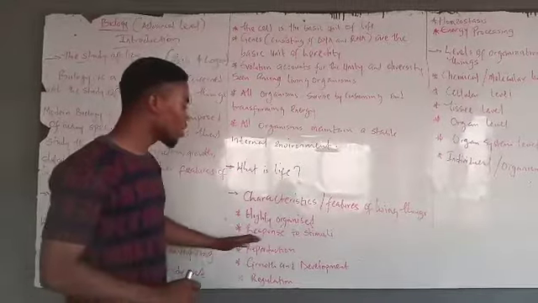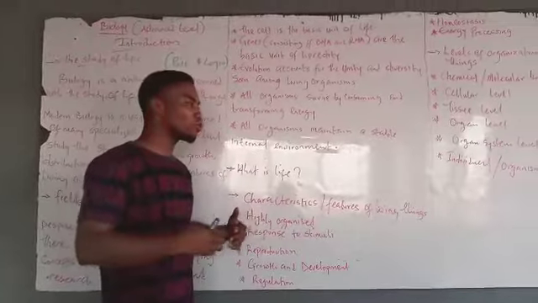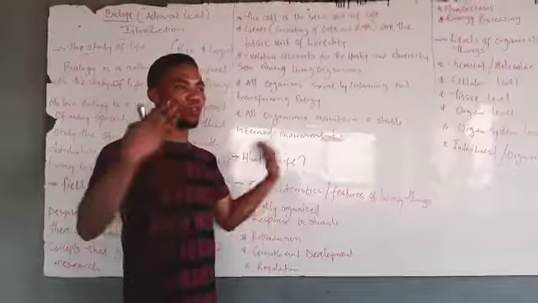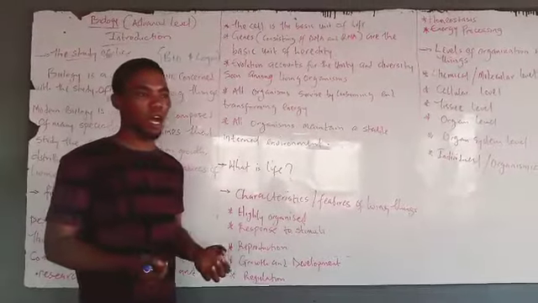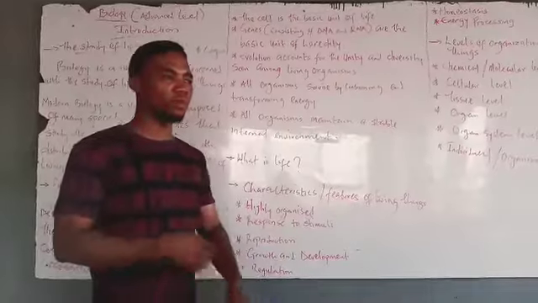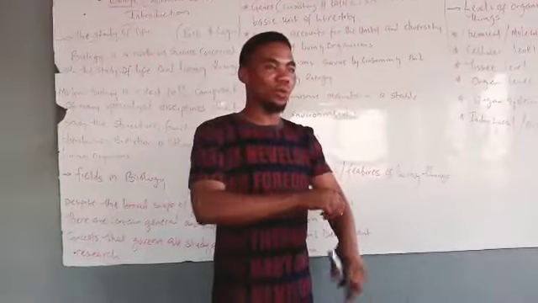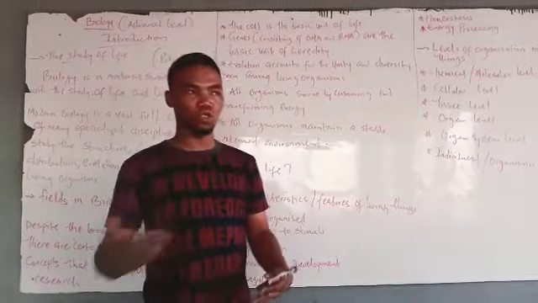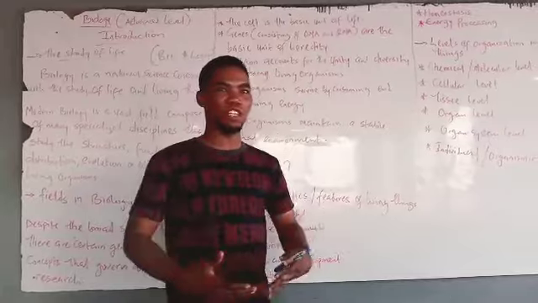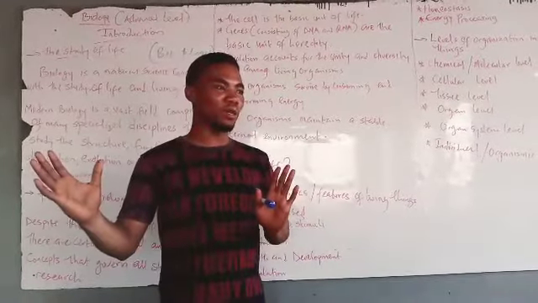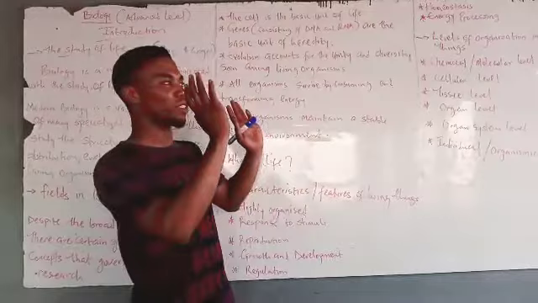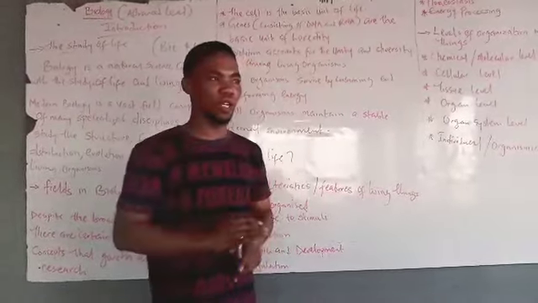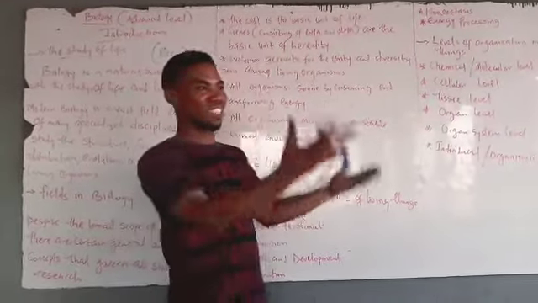And then response to stimuli, that is, the ability to respond to external change, a change within the environment and also within the body of the organism. For example, when you touch a living thing, there should be a response from that living thing. So a response to touch. And also in plants, for example, we can see response to sunlight. When the sun is set at a particular side, they tend to bend towards that side of the sunlight. So that's the kind of response to light stimulus.